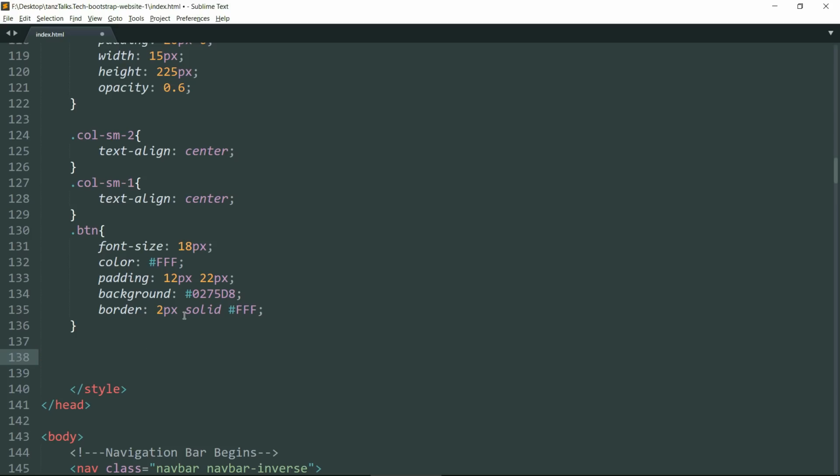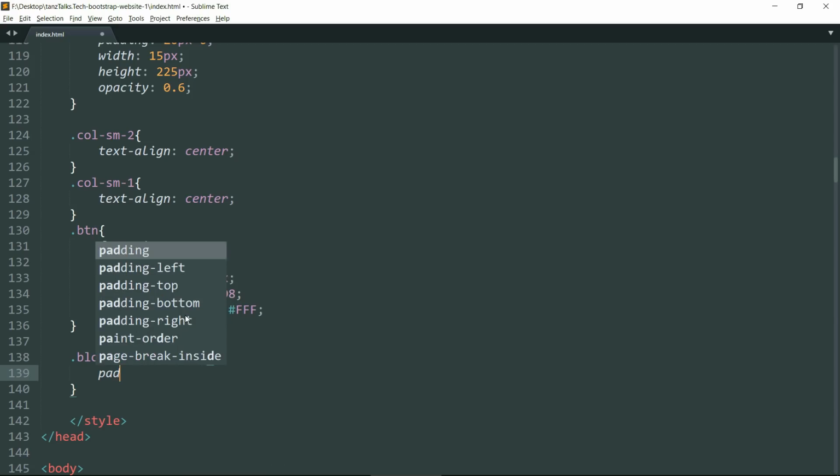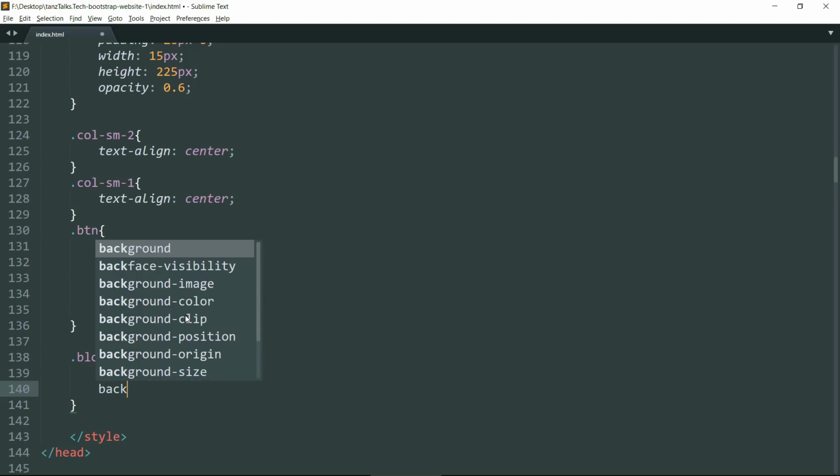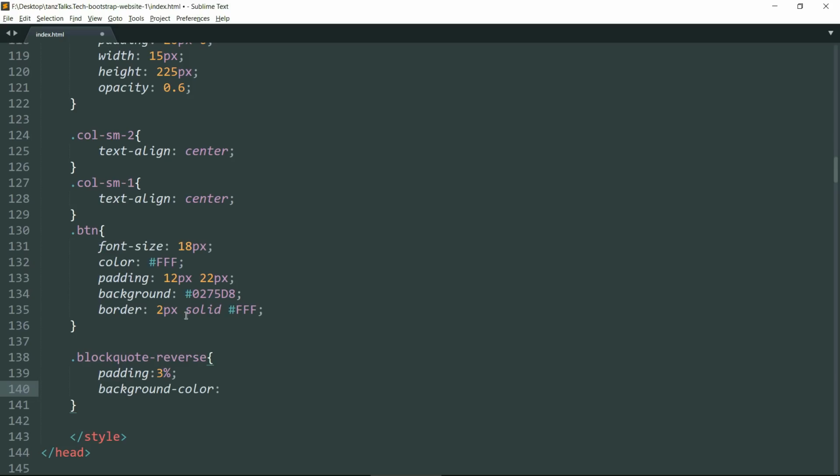Let's write .blockquote-reverse, and let's format the box for the quote. Let's give it a padding of 3% and background color of #d5d5d5, that is off-white color, a little grayish color.